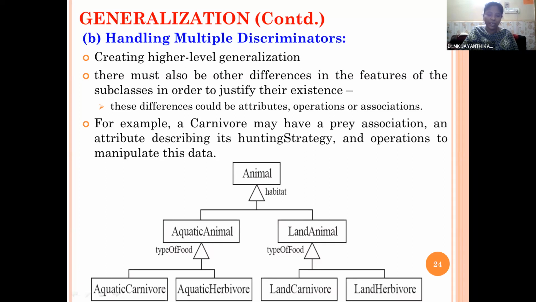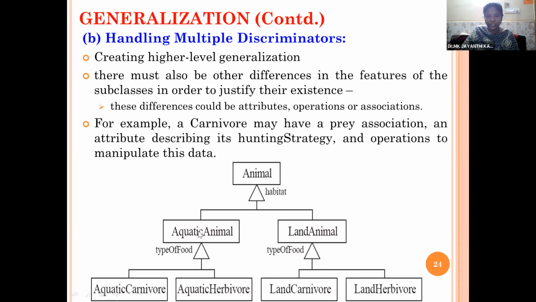So if all are having the same attributes, and the type of food and the type of their living habit is common, then no need to discriminate the subcategory. But if the hunting habits, hunting strategy and operations to manipulate the data are different, in that case we can go for the generalization with the subcategories.